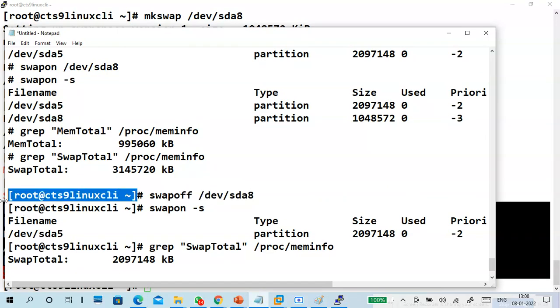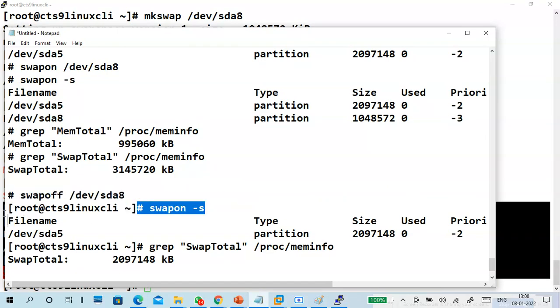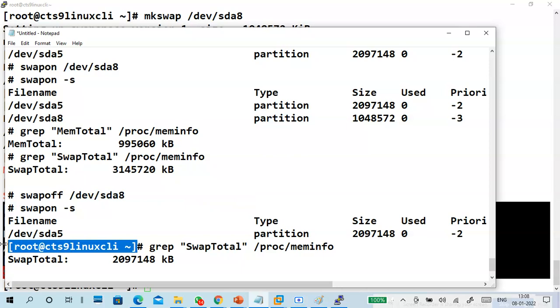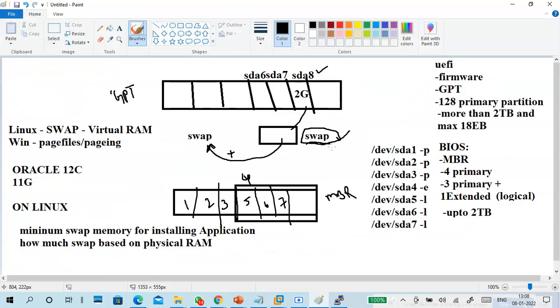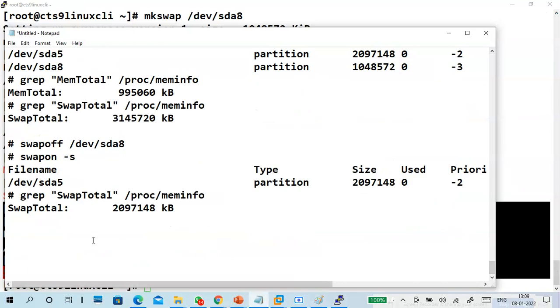Guys, sometimes if you don't get a partition to increase your swap, sometimes you need more swap. You can do it like this by creating a partition and you can increase the swap like this. But sometimes you don't have any empty partitions. You can't create it. Then you can use a file and convert it. So that's why both are important.